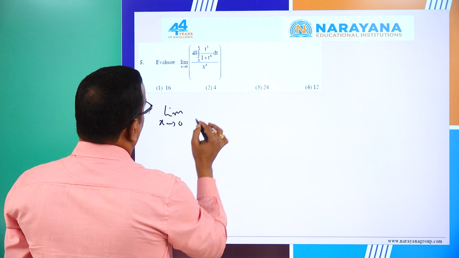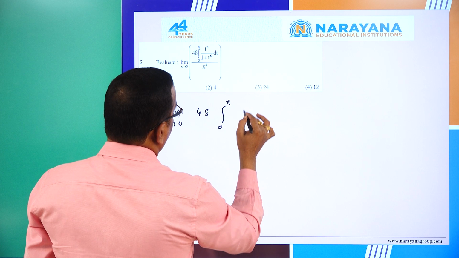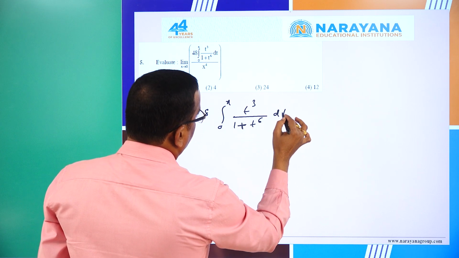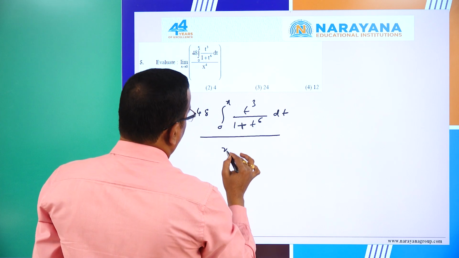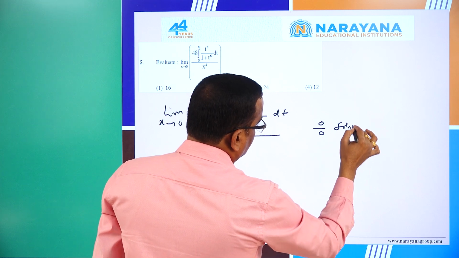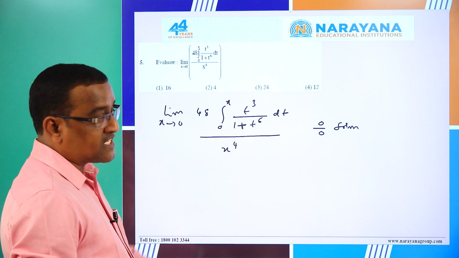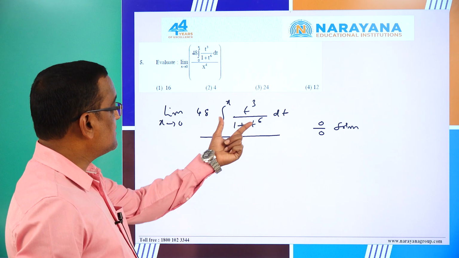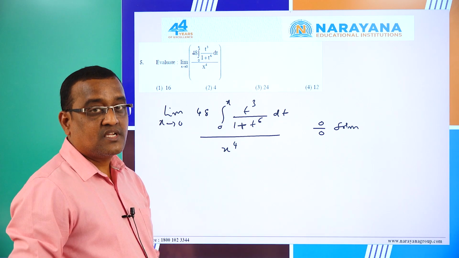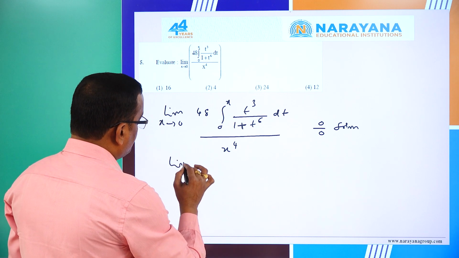The limit as x tends to 0 of 48 into integral 0 to x of t cubed by 1 plus t to the power 6 dt by x to the power 4 takes the 0 by 0 form. Applying L'Hospital's rule, differentiate the numerator as well as the denominator. The derivative of the numerator is a derivative of a definite integral, so you have to use Leibniz rule. So the derivative becomes